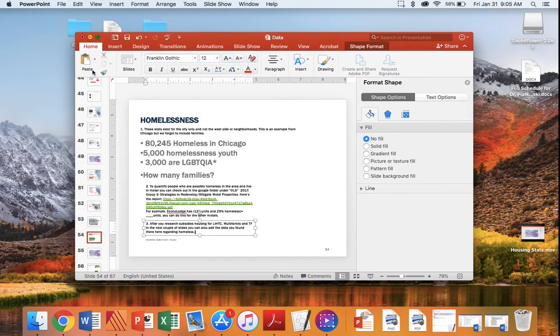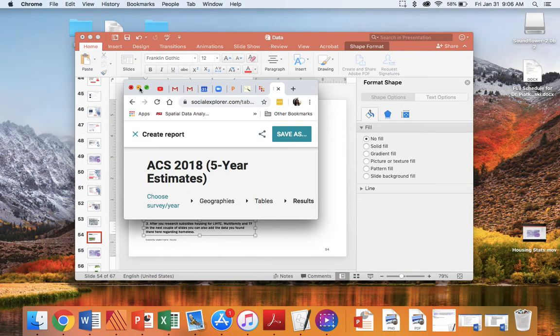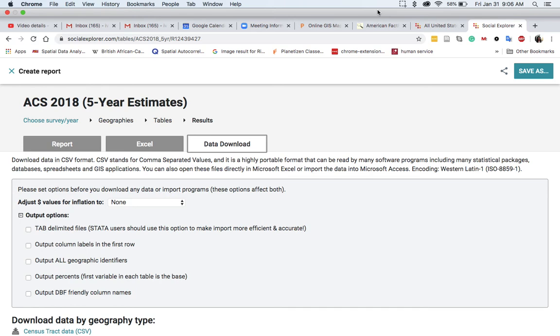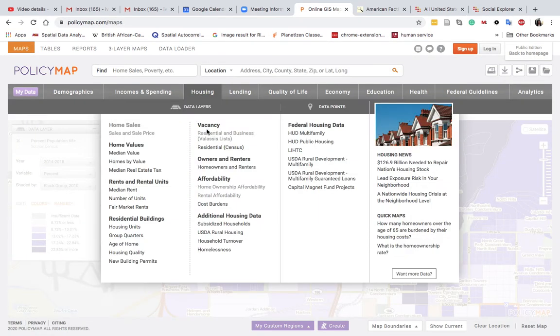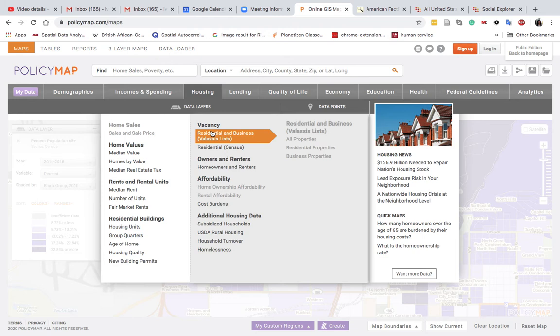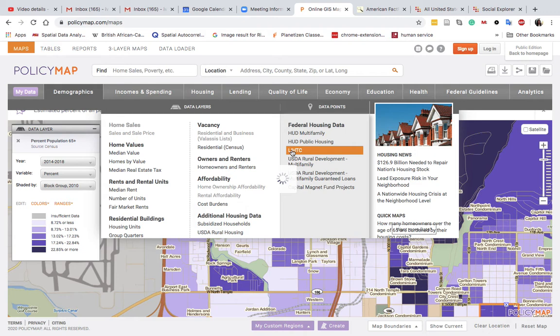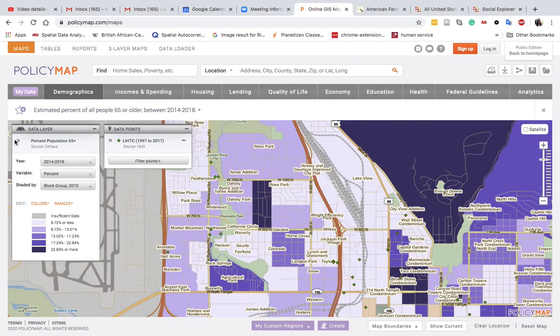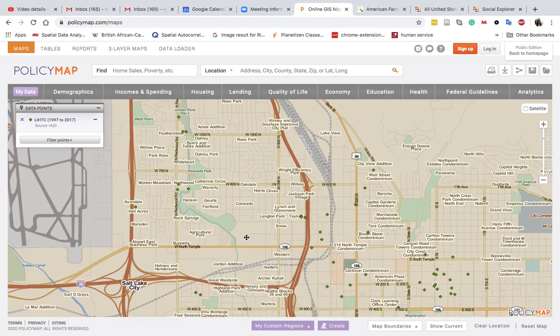So let's go to Policy Map, and here when you go to housing, you can find LITEC housing. I'm just gonna take that out and just show the LITEC housing. You can actually